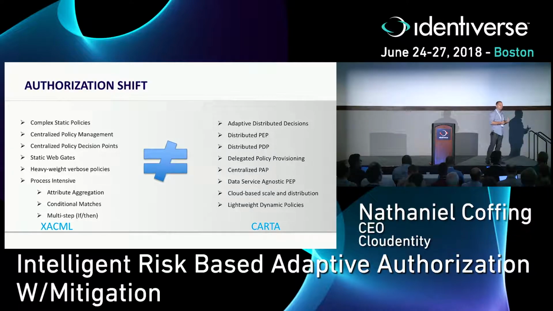I also need to have data service agnostic policy enforcement points. So if you remember back to the first wave of IAM, 2004, 2005, everybody had all of these agents that would run in your app server, right? And then you had to upgrade the agents, and they were tough to manage centrally, all that other stuff, because every agent was specifically designed for every style of app server, even every version of Java. So we've got to avoid that. We actually need to make sure that the agents or the enforcement and decision points are completely agnostic of the underlying OS. So you can have a singular agent that protects Perl, that protects Java, that protects Go, and any other polyglot environment. Finally, make sure you're having cloud-based scale and distribution.